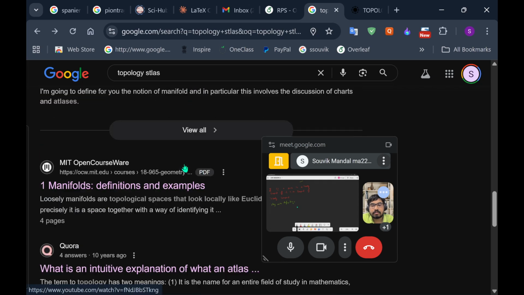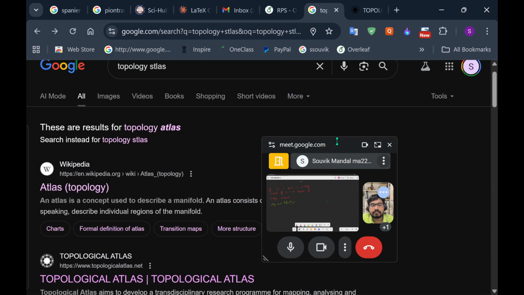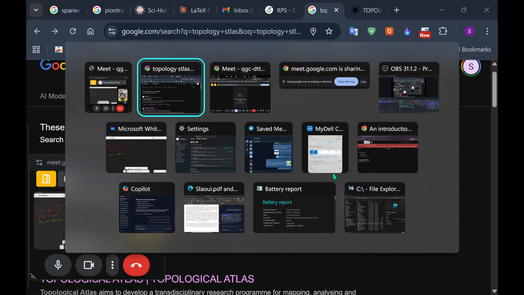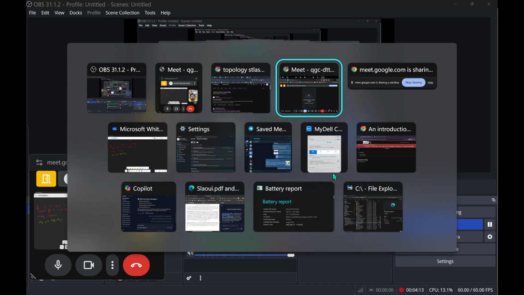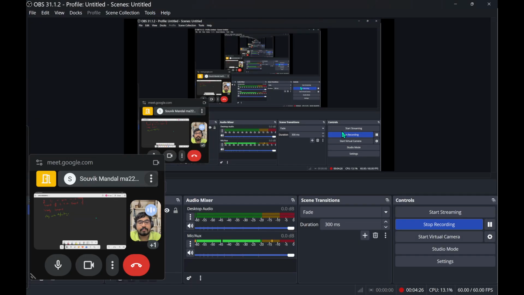Anyway, the point is that there is some website for Topology Atlas. Keep it in mind. Whenever you're free, just have a look around this website. This is very interesting, and you can ask many questions there. So that's why the Topology Atlas site is very interesting. You should not forget about the site. Now let's go back to our main question.